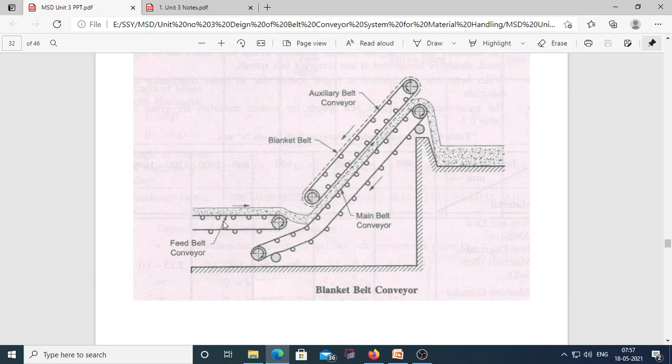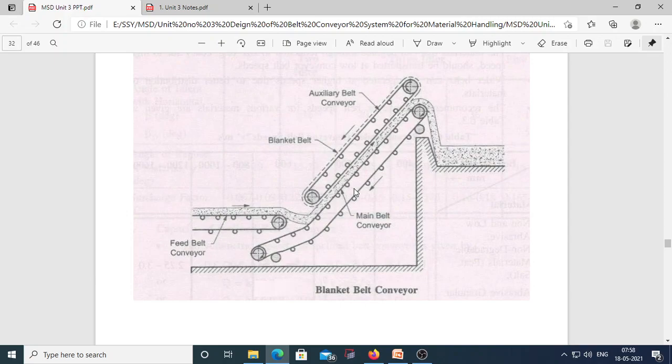Here is a feed belt conveyor. We are feeding the material, then it goes in the upward direction with the help of the auxiliary belt conveyor and blanket belt, and here the discharge is given at the tail end. Okay, there is also a return idler, a forward idler, and the blanket belt.